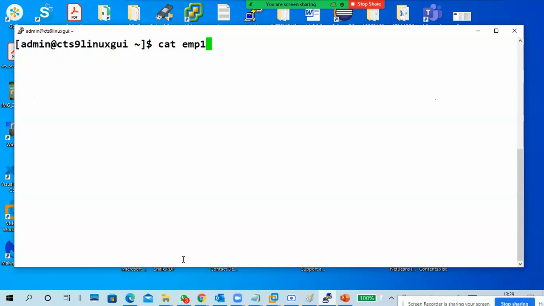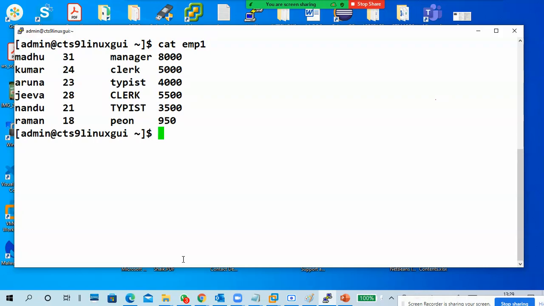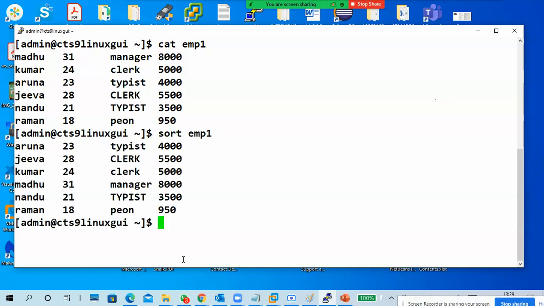Guys, I have a file. The file has data in a tabular format: first column, second column, third column, fourth column. I want to sort the data based on the first column, so I put the command sort. What happened? Based on alphabetical order, the first column is sorted. So obviously the other columns' data pattern will change, right? This is the first one.